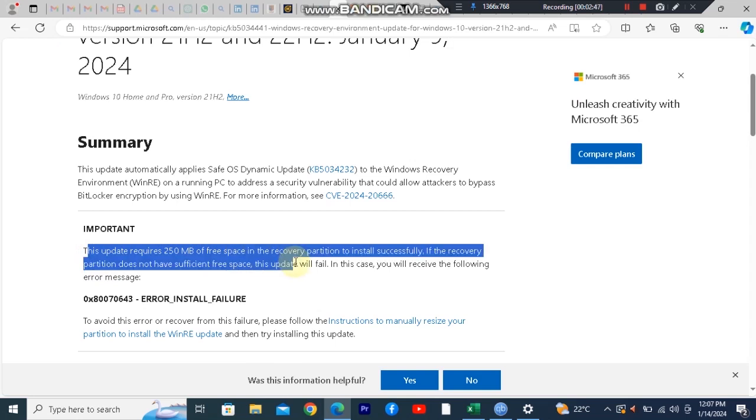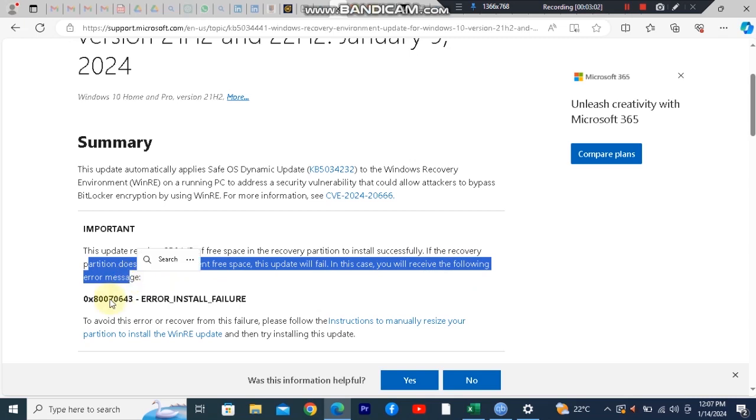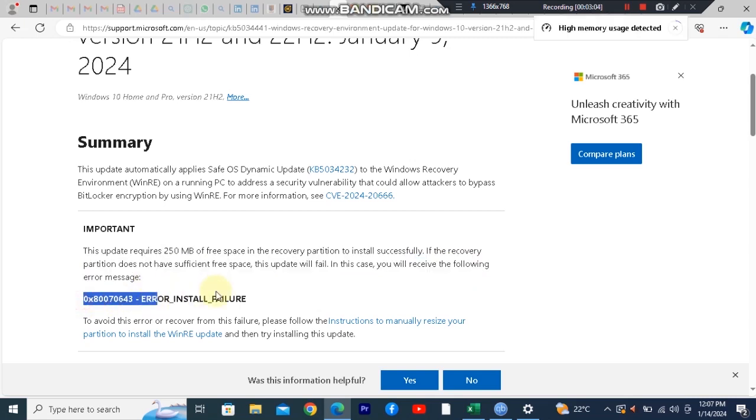This update requires 250 megabytes of free space in the recovery partition to install successfully. If the recovery partition does not have sufficient free space, this update will fail. In this case, you will receive the following error message: 0x80070643